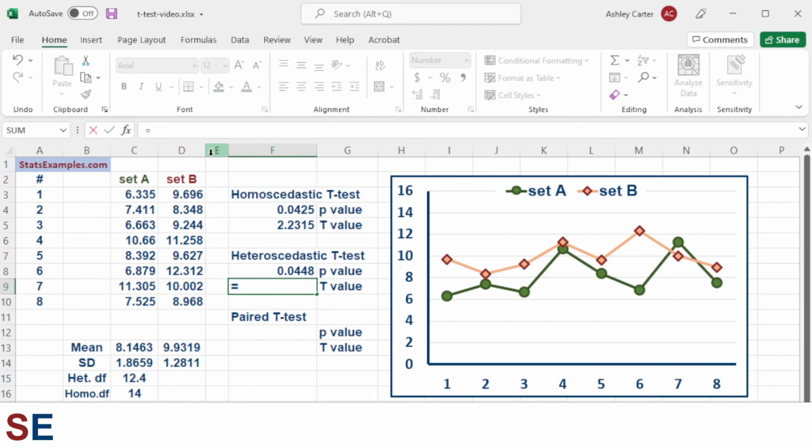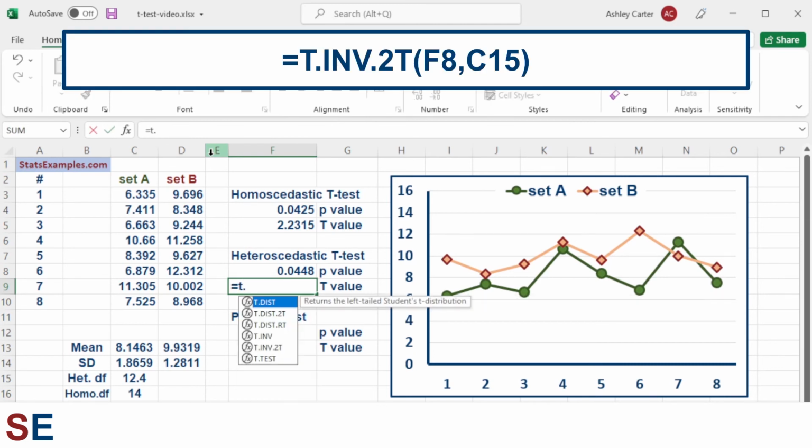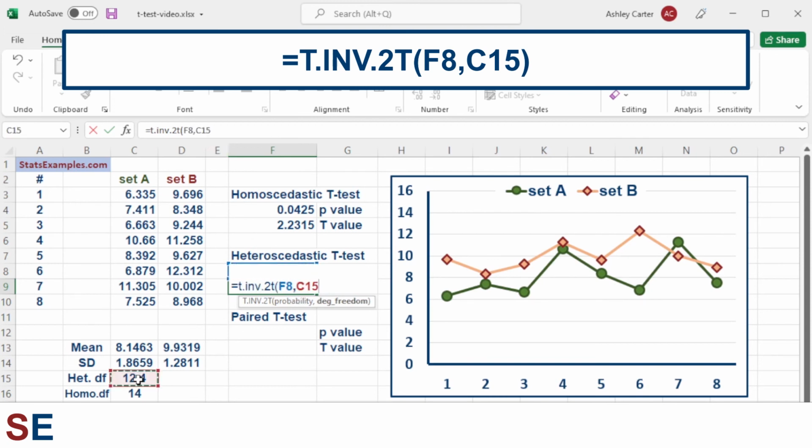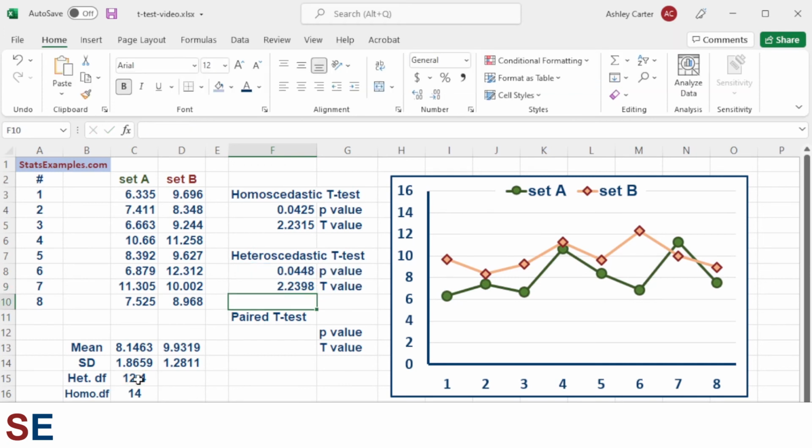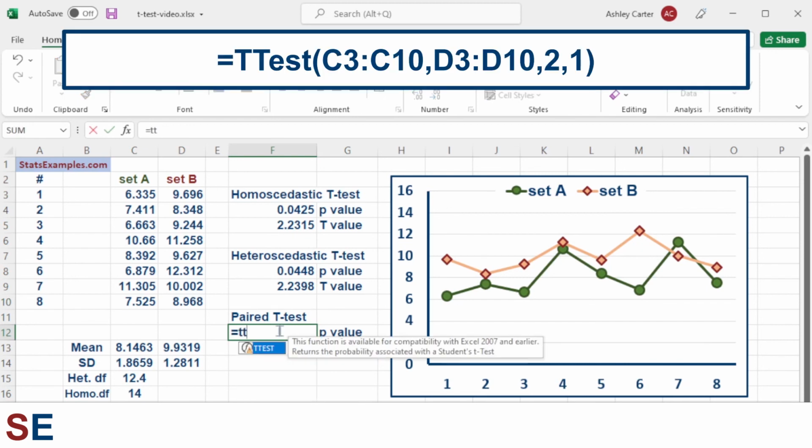Now to get our t-value, t dot inverse dot 2 tails, and then our probability is our p-value, degrees of freedom down here, 2.2398. Now for our paired t-test, equals t-test,